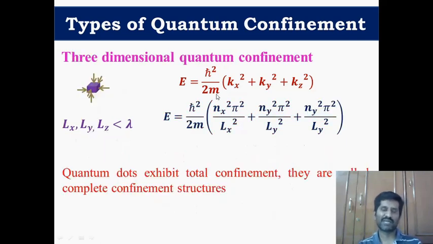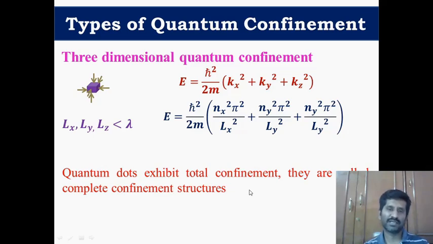In three-dimensional quantum confinement, you can substitute all wave vectors with discrete numbers, so that the energy becomes like this. In this case, you have perfect discrete energy levels. There is no continuous energy distribution in the mathematical formula. So it is a perfect quantum confined structure. Both one-dimensional and two-dimensional quantum confinement are partially confined structures. For this session I planned only up to this. In the next session I will discuss the density of states in quantum confined structures.